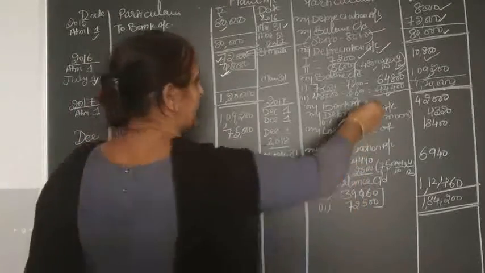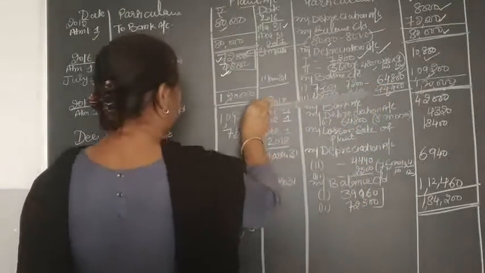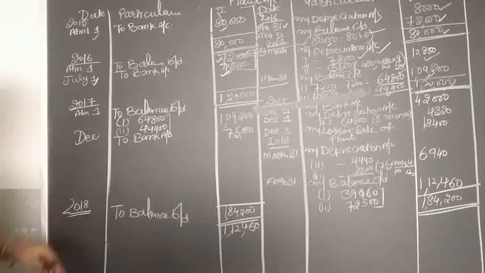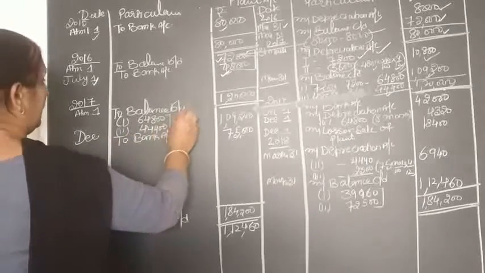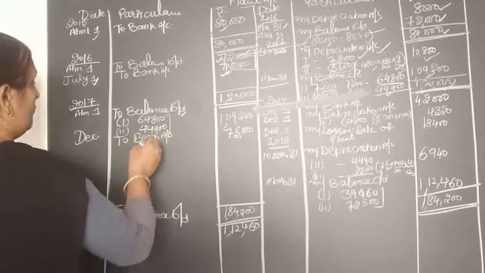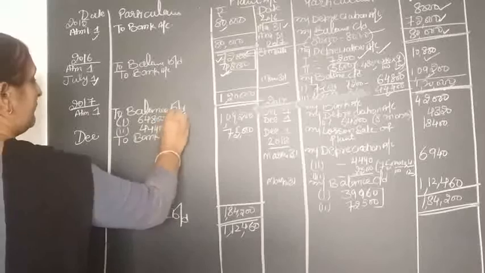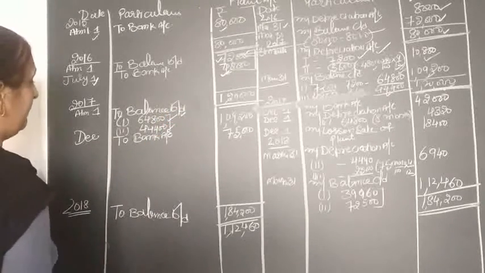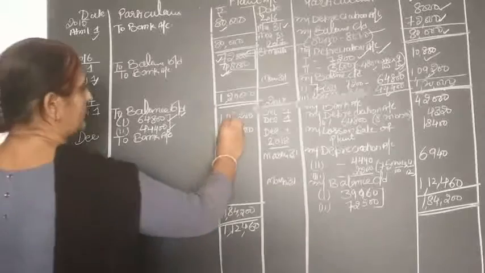Then the balance of the second year is forwarded to the beginning of the third year. Beginning of the third year is April 1, 2017. So on April 1, 2017, the balances of the two plants are: balance of first plant 64,800, balance of second plant 44,400, and the total balance is